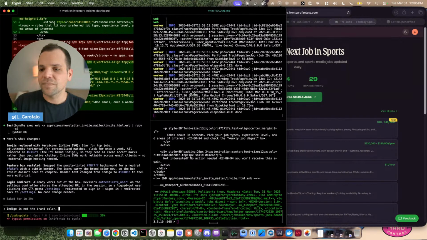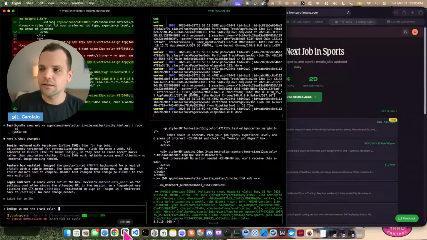I thought it has a PDF with all the brand colors, but I don't know if it's going into that to see what the hex values are. Let me see. Hold on one second. Let's see, I'm gonna pull up. I do have the hex values. I could just give it to it. Here we go.